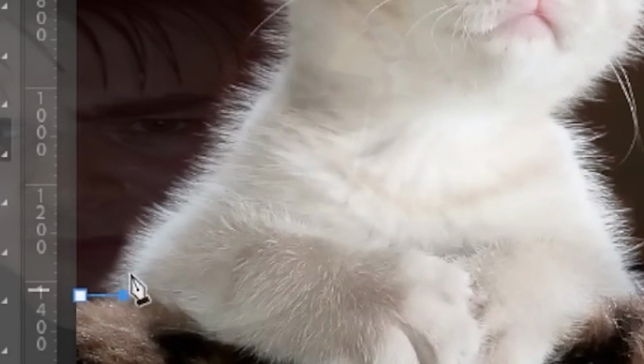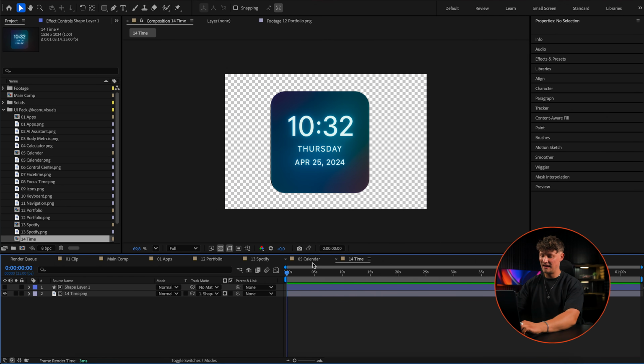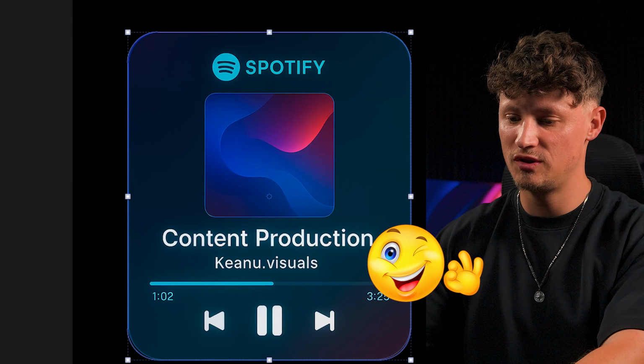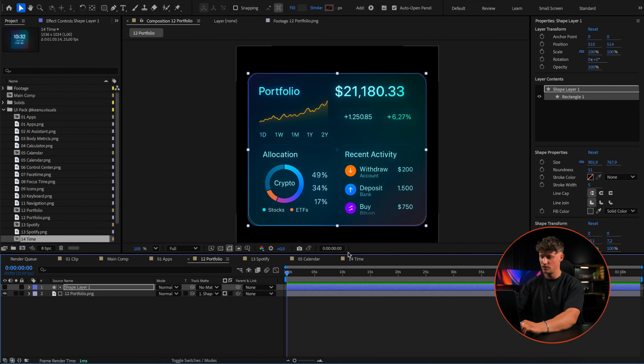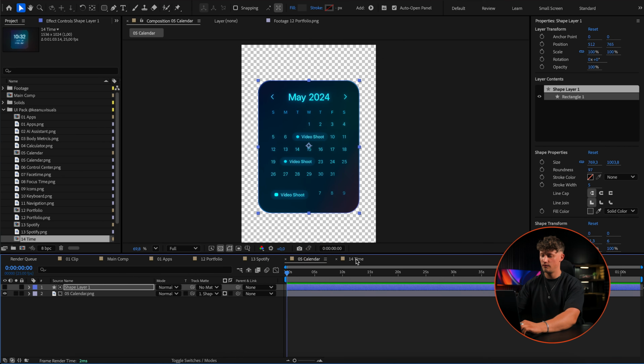All right, and now I need to mask out all the other PNGs that I want to use here as well. All right, cool, so I'm done. I have now all these shapes I wanted to use cut out. So I'm just gonna use those 5. So 1, 2, 3, 4, 5.